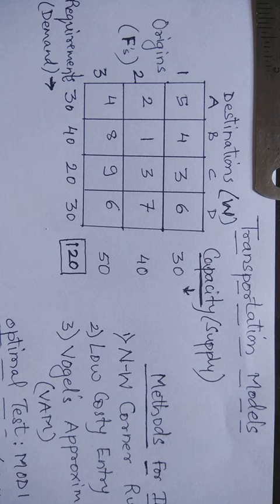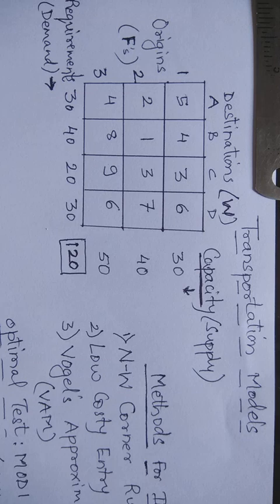Today we'll be starting with module number 3, transportation model. Transportation is an allocation technique in which the goods are to be transported from origins to destinations in such a manner that the total transportation cost is minimized. Origins means factories. So goods are produced at the factories and they are to be transported to various warehouses or